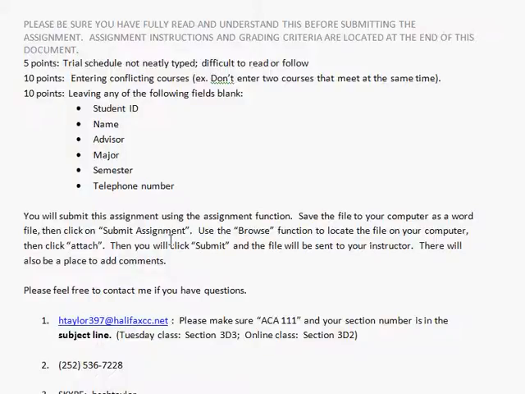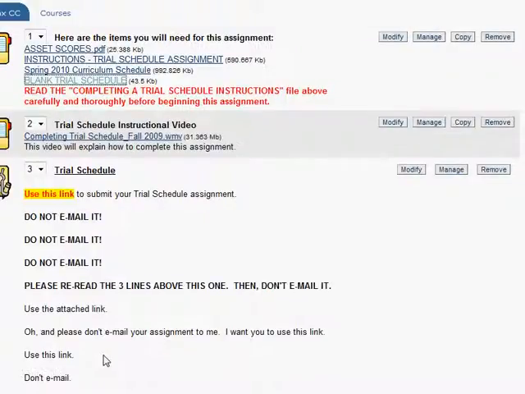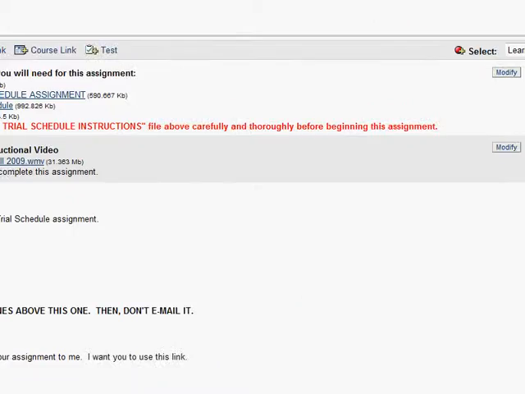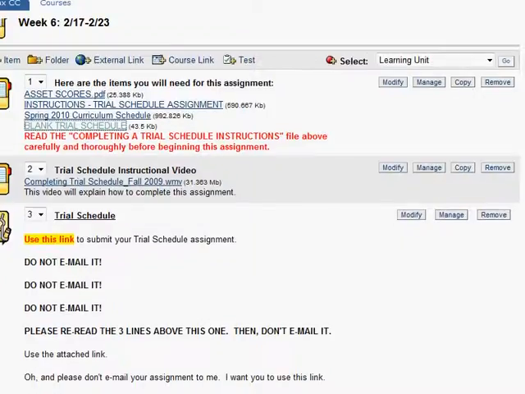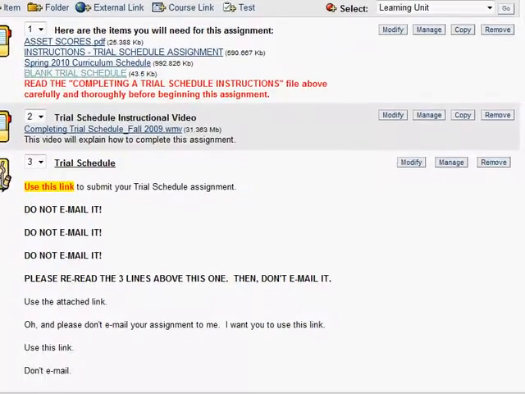We're going to use the submit assignment function, and you'll notice from my instructions that no matter how many times I say it, students still seem to have a hard time with it: I don't want it emailed to me. I put a link here for you to use to submit this assignment to me. And there's a reason for that. This link right here, which I'm trying to get on the page,